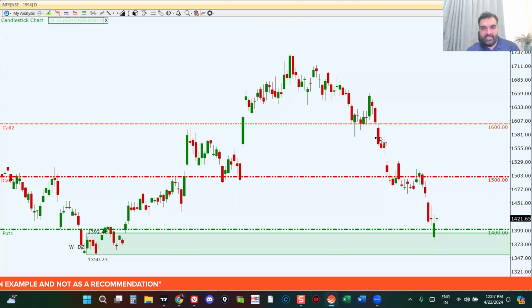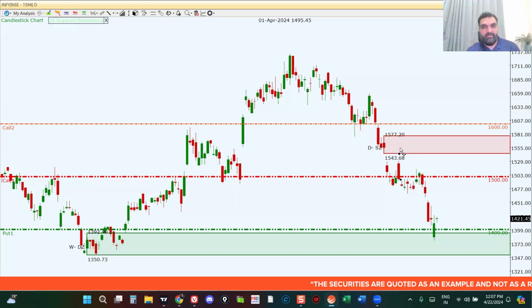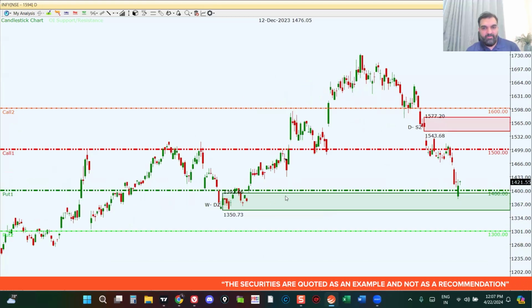And the next level that is also of interest is this level of supply. Now there is no open interest level here, but we don't know, because maybe as the prices start moving to the upside, the 1600 level could fall down towards the 1540 level as well. So keep a close watch on 1543 to 1577. And right now prices are bouncing from this level of demand. So be careful and avoid shorting Infosys at the current price levels.